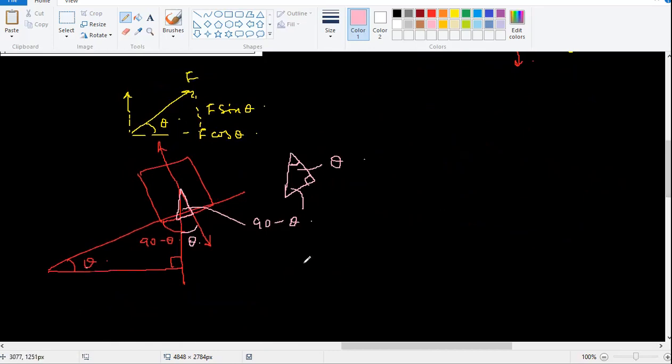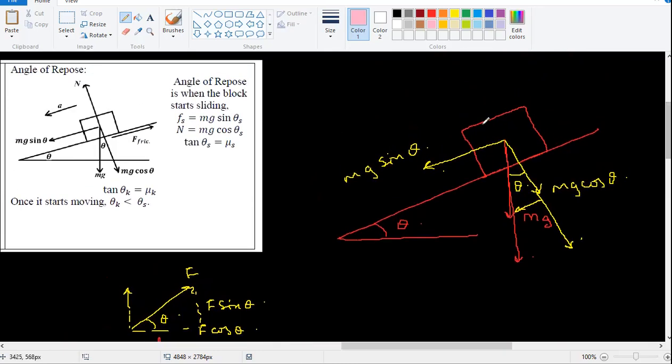Maybe I should have drawn it a little bit bigger so that everything fits in the same diagram. Okay, what I forgot to show is this normal reaction. So this is your normal reaction. This normal reaction line is coming this way, and that is your theta. So this is a vertical line. This is your normal reaction line. What do you mean by normal? It is always normal to the surface. So if this is a surface, it is perpendicular to the surface, and that's the meaning of normal.